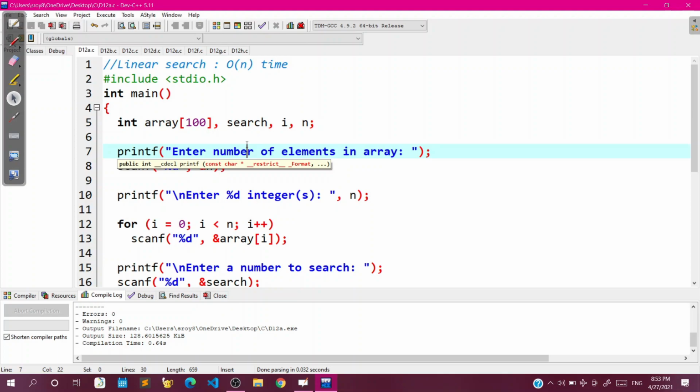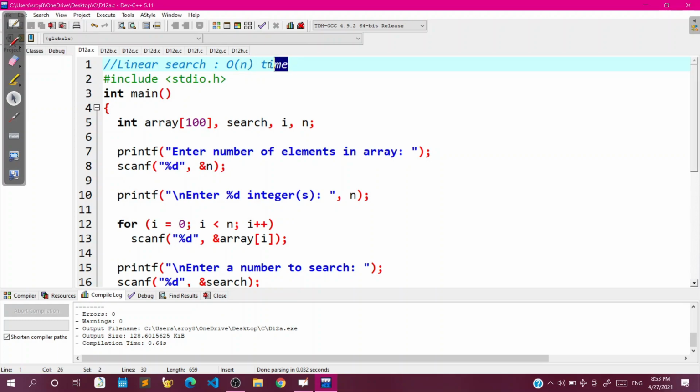So if the size of the array is 5, then you are checking 5 times, and after that you break out of the loop and say it's not present. That's what is meant by this capital O. It means that even in the worst case you will take linear time, not more than that. So it gives us an upper bound of the execution time. That's all we mean by this big O notation. It's a measure of the complexity of a program.